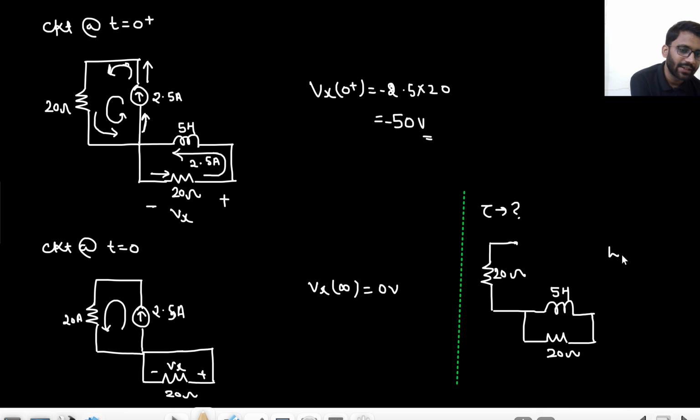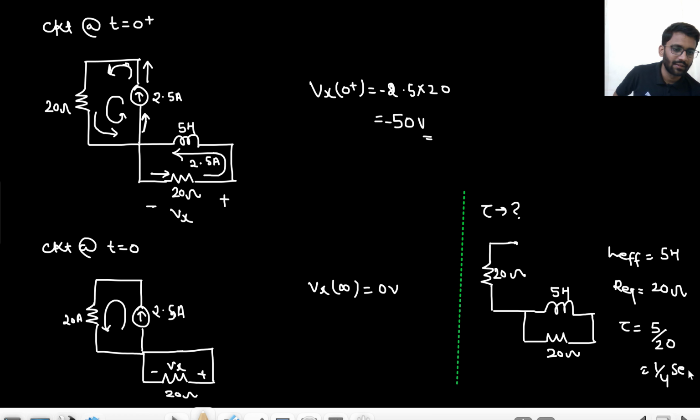So tell me what is L equivalent here? L effective, that is 5 Henry. What will be R equivalent? R equivalent will be 20 ohm only across this, because this 20 ohm will not come into action because this is open ended. So if you are finding equivalent resistance at this node, that will be 20 ohm only. So what will be my tau? That will be 1 by 4 second. So if I am writing my Vx(t), that would be minus 50 e to the power minus t upon tau minus 40 u(t). That will be my final